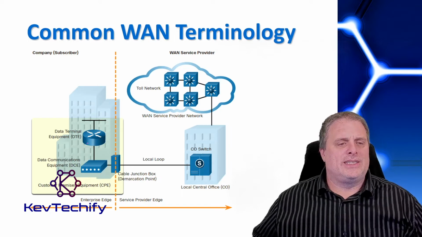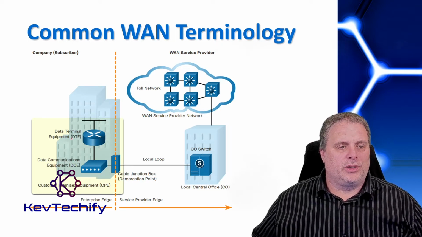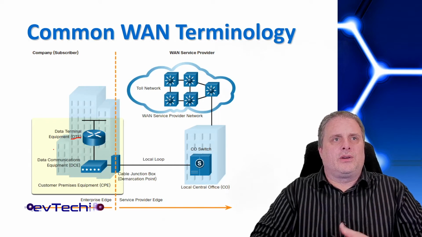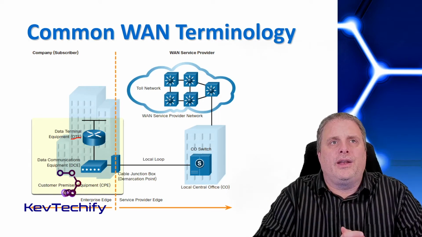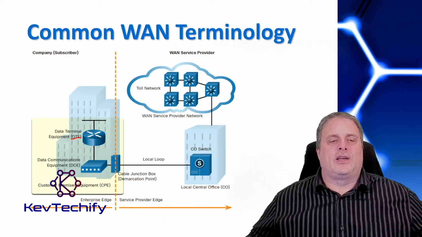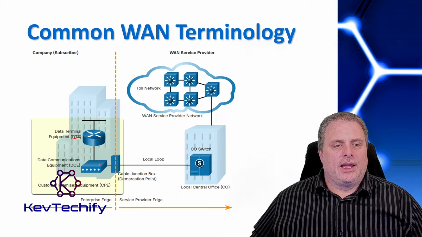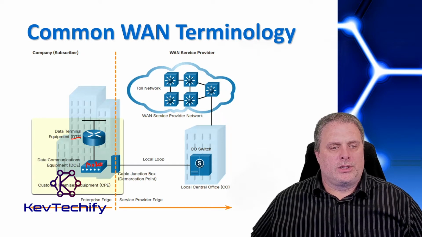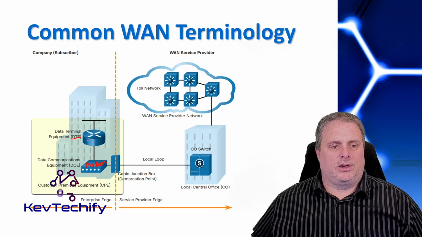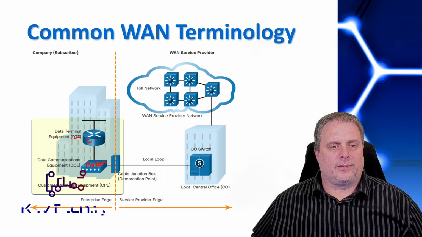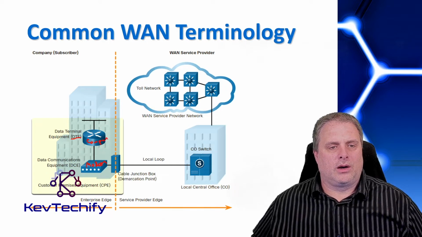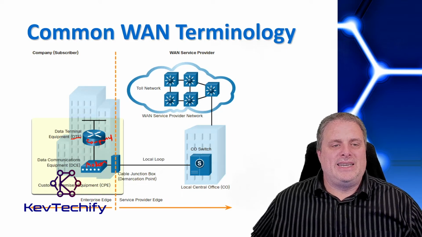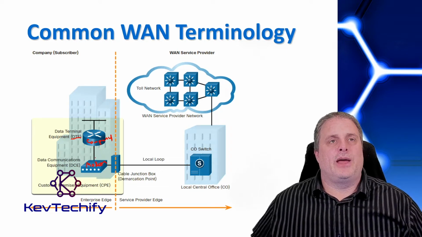First one here is DTE, or the Data Terminal Equipment. What the DTE is, it connects that subscriber LAN, so your local area network, to the WAN communication device. And that could be like a modem. And so this may be a modem at this point. So your router here, and so this is the company's router, to the modem. And so the DTE connects into that modem.